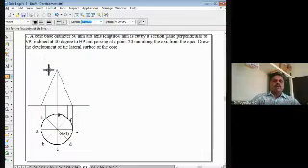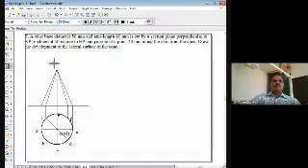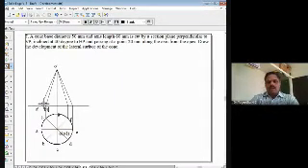Alright. Then the various generators also you can join here. Generators of the cone I will join like this. So these points I will mark now. This is the point O dash, and this is the point A dash. This is the point B dash in the bracket H dash. Likewise, the various points I can mark now.